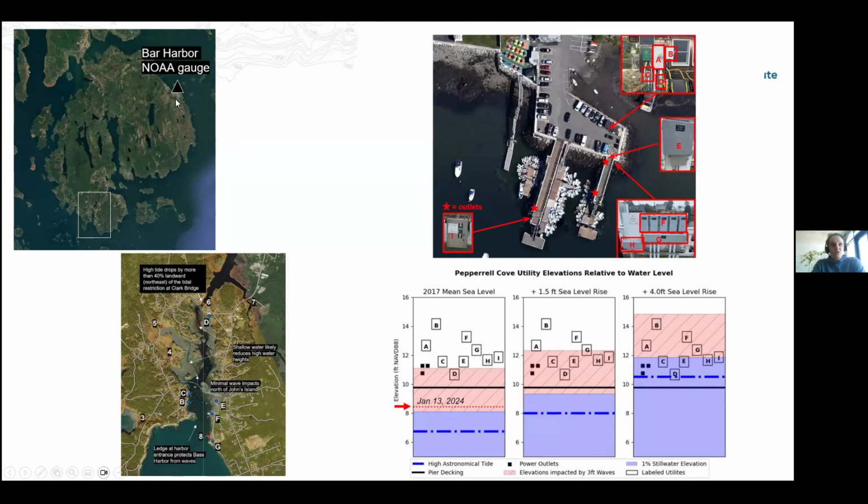Geographically, it's really, really close to the Bar Harbor NOAA tide gauge, but when you actually look at the areas that are vulnerable to flooding, they might be facing a different direction or have really complex local features like shallow embayments or tidal restrictions that make it really hard to use a tide gauge that might only be like 50 kilometers away to quantify flood risk.